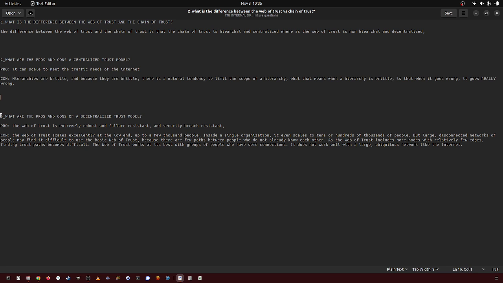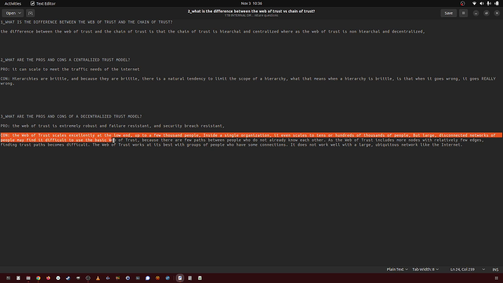What are the pros and cons of a decentralized trust model? The pro of the web of trust or a decentralized trust model is that it's extremely robust, failure resistant, and security breach resistant. Con. The web of trust scales excellently at the low end, up to a few thousand people inside a single organization. It even scales to tens or hundreds of thousands of people, but large disconnected networks of